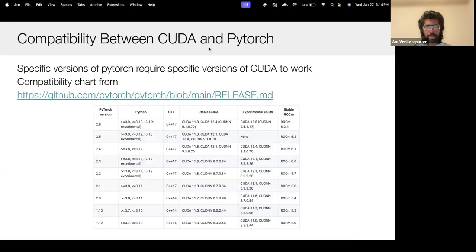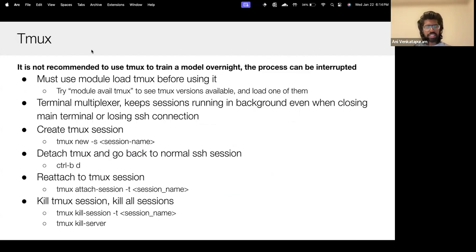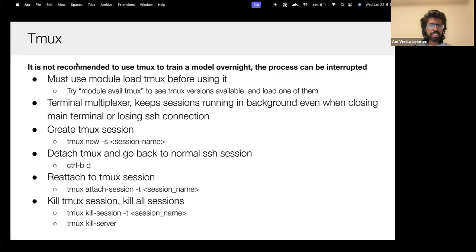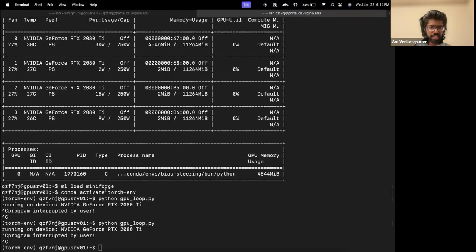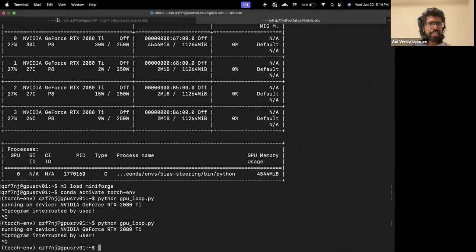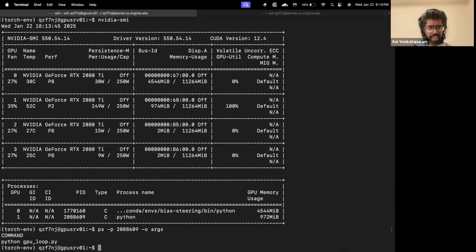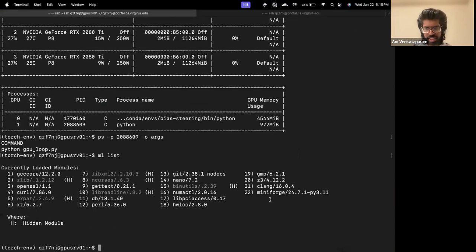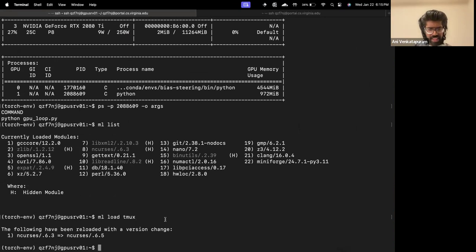Next comes tmux, which is essentially a terminal multiplexer. What this does is, even if you close your main terminal, or even if you're logged out due to inactivity from your SSH session, the tmux session will persist. So over here, I'm going to first check if I have tmux loaded. I do not. So you need to always module load tmux first before using it. And then from here,